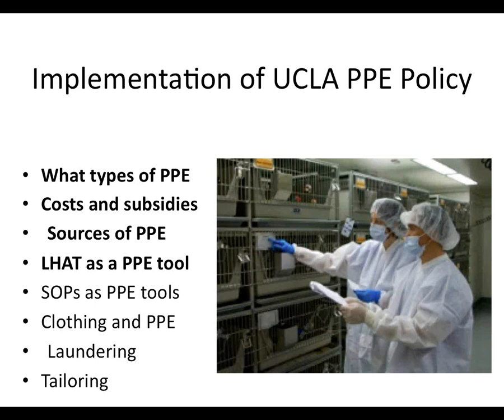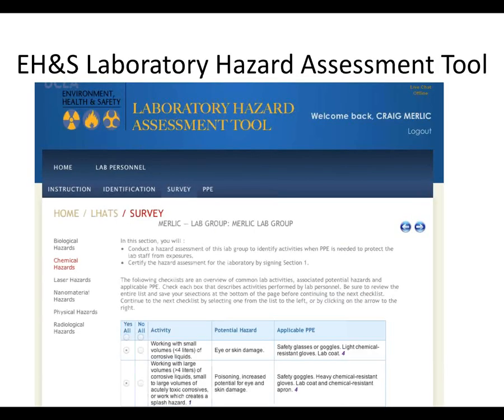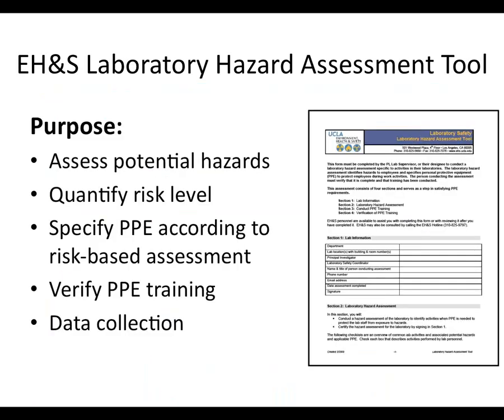Right. But we'd like to move on to LHAT as a PPE tool. And so the question is, what is LHAT? LHAT is the Laboratory Hazard Assessment Tool created by the UCLA H&S. It's essentially a tool to help labs identify what hazards they have in their labs and then what the applicable PPE is. So it's a totally online feature. It's a very nice system. And here's the opening page. If we move forward on this laboratory hazard assessment tool,